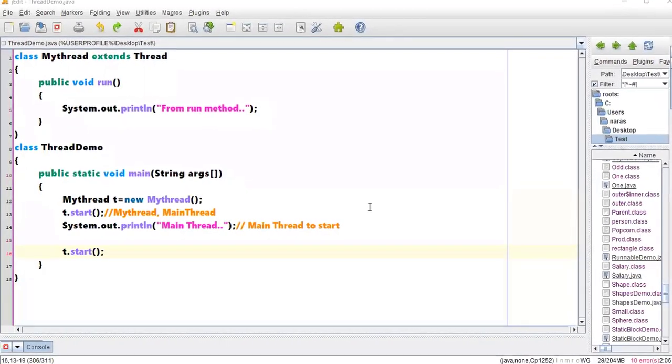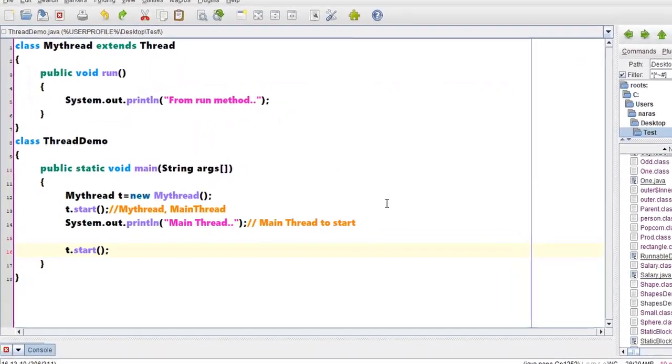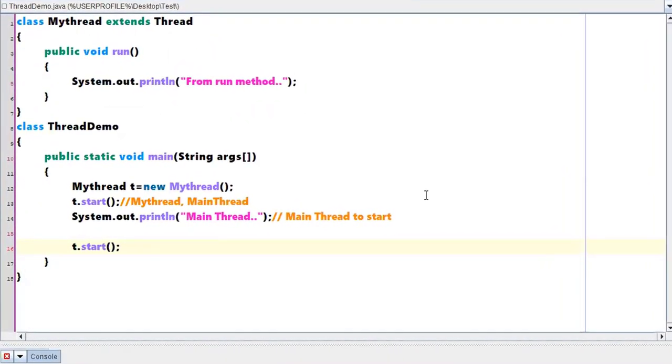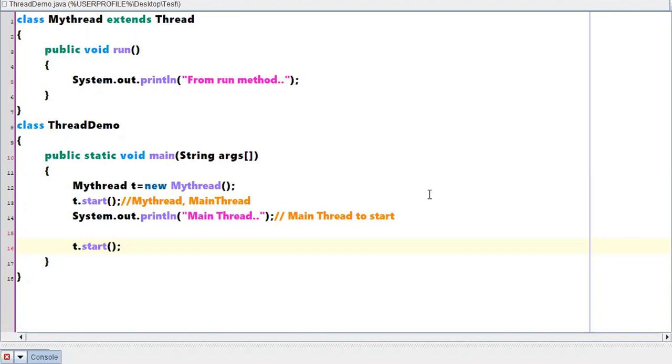So in the morning session, we were discussing the implementation of a thread, and we gave a clear idea how exactly the start method and the run method need to be used, right? So we have seen different scenarios. What happens if you are not writing a run method? What happens if you are overriding a start method? Can we call the parent class's super method from a user defined start method? So we have seen all these things, and we got clear conclusions with respect to the program also, right?